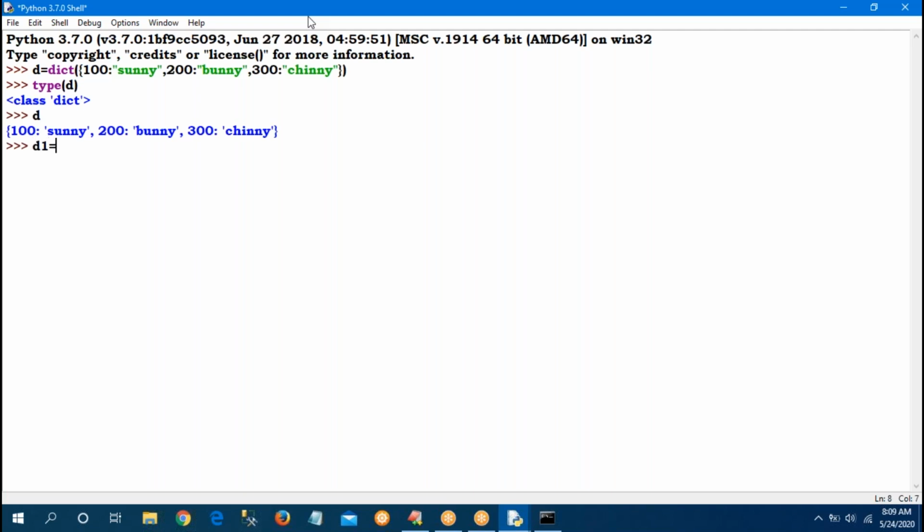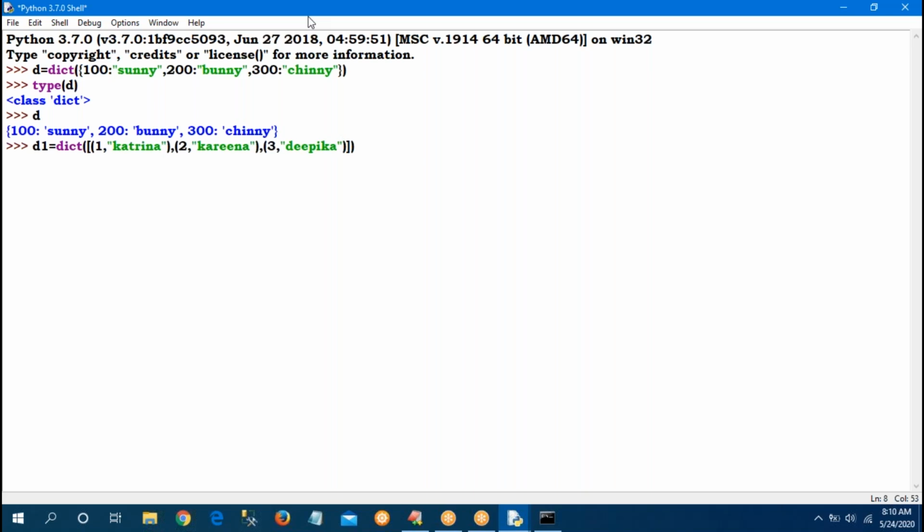Second way, D1 equal to same dict function. Observe carefully. In the dict function, I can use list of tuples. List means square brackets. Inside that, you can use first tuple, second tuple, third tuple. Means 1 comma Katrina, 2 comma Karina, 3 comma Deepika.